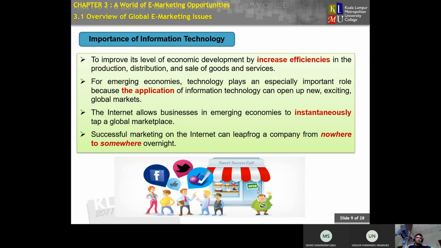Successful marketing on the internet can leapfrog a company from nowhere to somewhere overnight. Of course, yes, we have so many companies doing successful marketing inside the internet world. It can go from zero to hero overnight. For instance, you see certain products on the internet, for example,